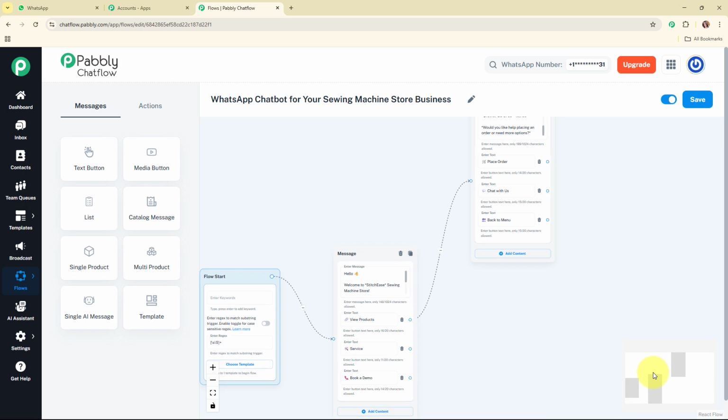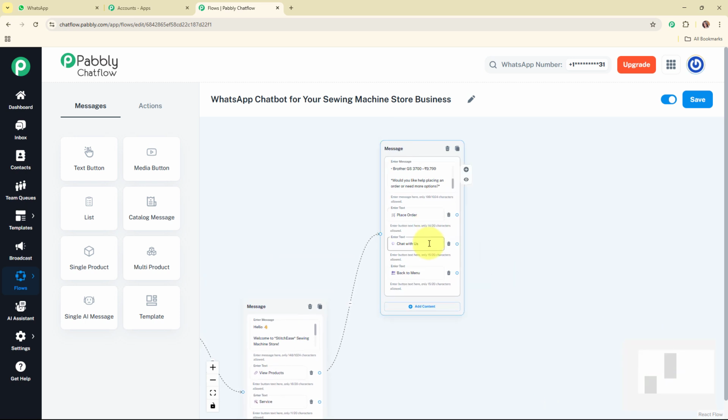And now further I'm going to add some text boxes for these quick reply buttons. So for place order I'm going to add another text box over here, and here I'm going to enter the text as: you can explore our full product range and place your order directly on our website. Visit here. This is the website given over here. Alright, so now after adding this message box, we are going to move forward with the chat with us quick reply